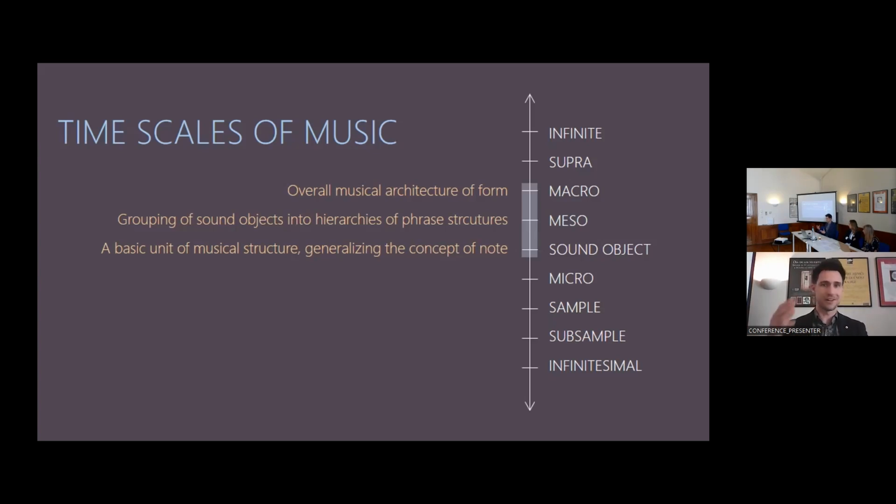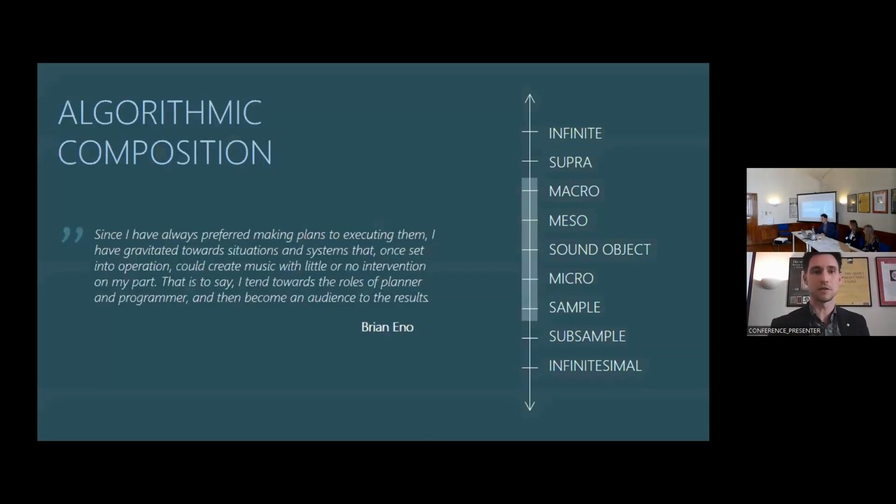I actually found some, but due to the lack of time, I wanted to focus on other time scales in terms of the use of computers in order to achieve something else, maybe not only related to the musical content, but also to the conceptual content of the performers, or the background in terms of data that is used. So I would like to start on the level of algorithmic composition, which is quite broad,